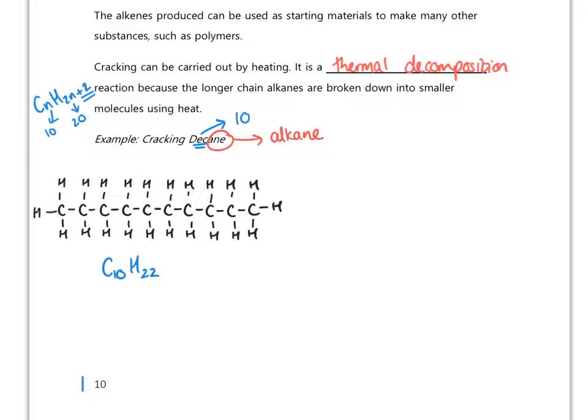Okay, so decane itself is not very flammable. It's one of our longer chain hydrocarbons. So we're going to break it down into a shorter molecule, and we're going to break it down into octane. So have a think. How many carbons do you think octane has? O-C-T-A-N-E. Oct means 8, so there's going to be 8 carbons in the chain. Do you want to try and draw that now? So pause the video and try and draw octane.